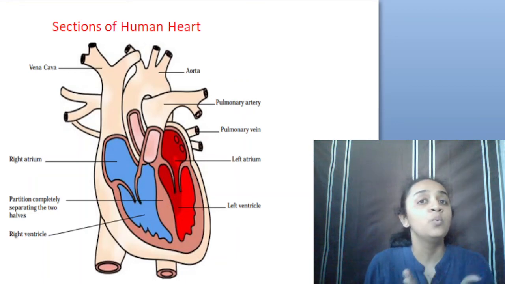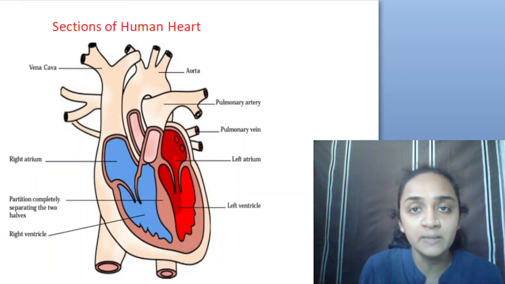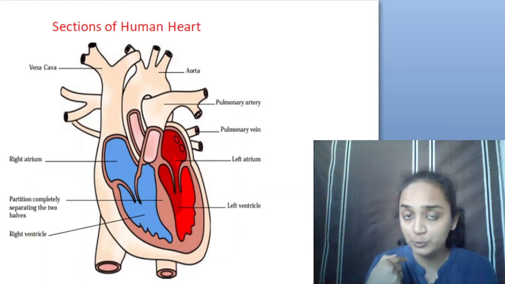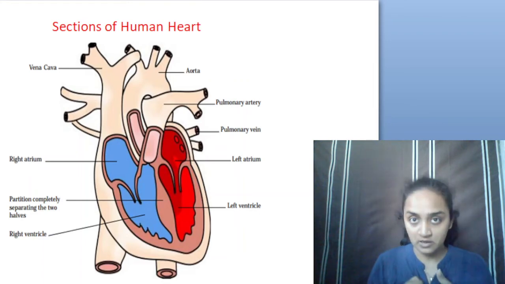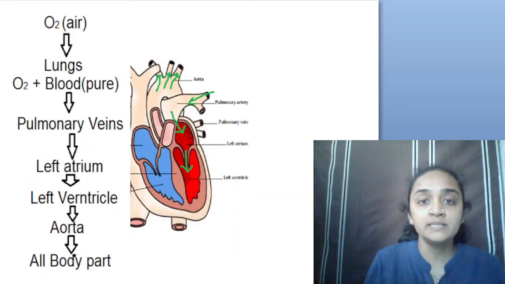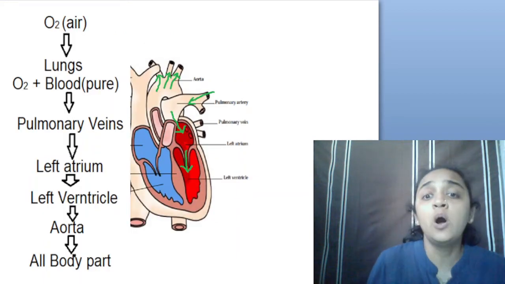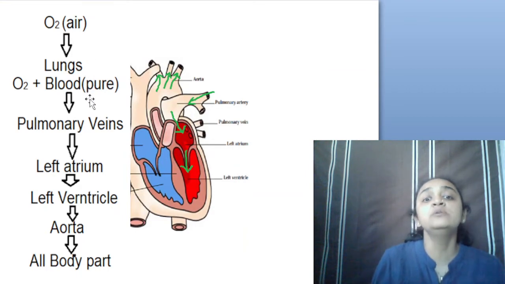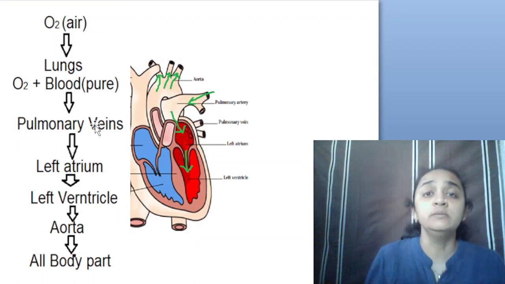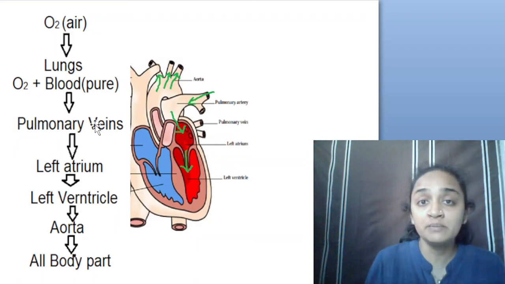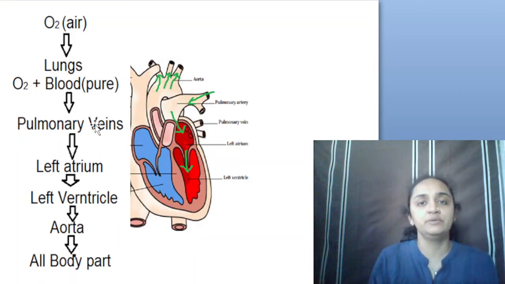So air or oxygen is inhaled by the nose, moves to the lungs and reaches the heart. Okay, let's see the flow. Oxygen is moving to the lungs and to the heart through the pulmonary veins. What is the name of the vessel? It is the pulmonary vein